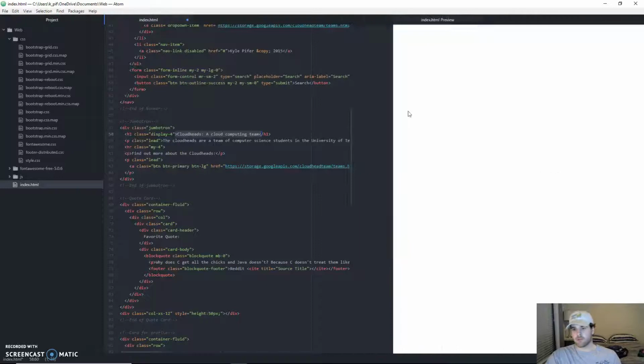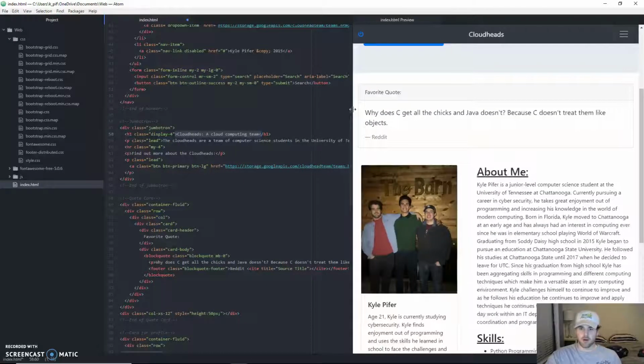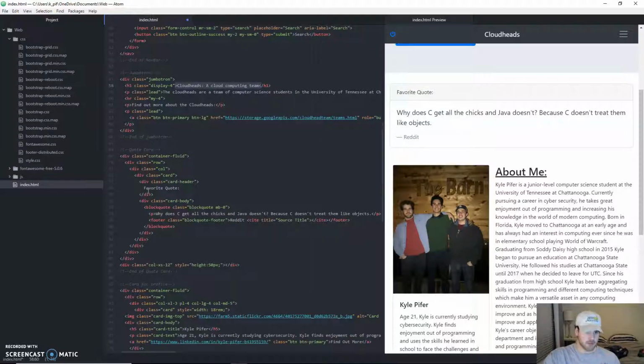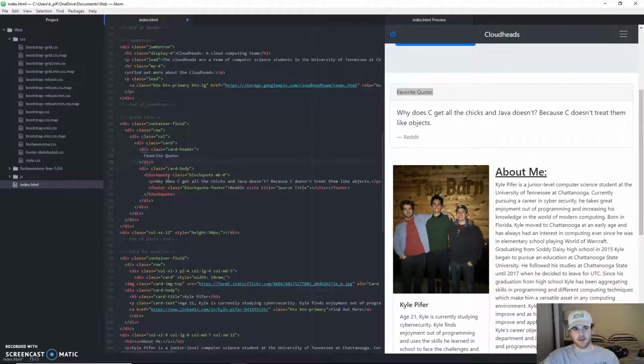And there's only one column, so it'll span the entire row, or the entire column and row, which is nice because I just personally think it looks best. And then I have the header for the quote card,